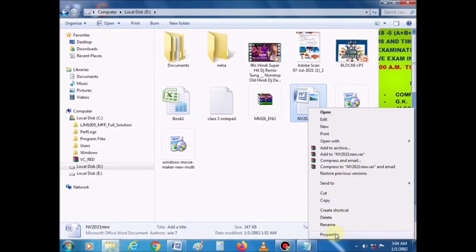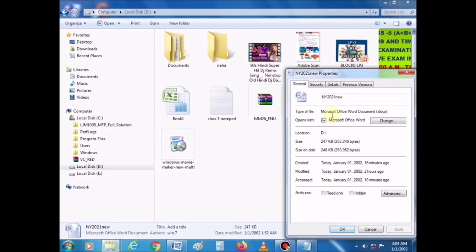Click the Properties option. A properties dialog box of the selected file or folder appears with General as the active tab. This tab displays all the properties of the file or the folder such as type, location, size, date of creation and so on.